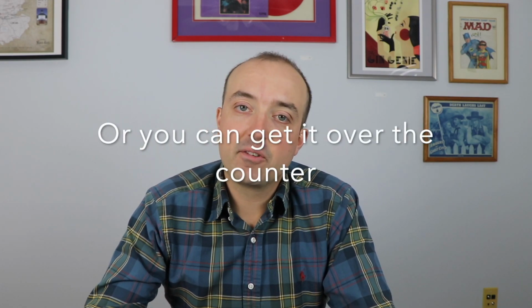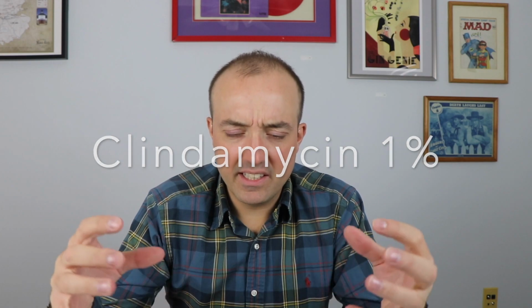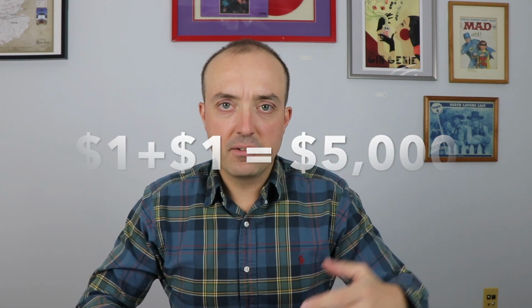Now, another product that is just a combination of two cheap drugs is Benzaclin. Benzaclin is another very expensive drug. All it is is benzoyl peroxide and clindamycin. Your doctor could write a prescription for benzoyl peroxide and a prescription for clindamycin solution on the face. You could use them both, and you would save a lot of money compared to using Benzaclin, which is a combination product that's marked up. This is a common theme in pharmacy, where they take two cheap drugs, combine them together, and create a whole new expensive drug. So just so you know, you can just use benzoyl